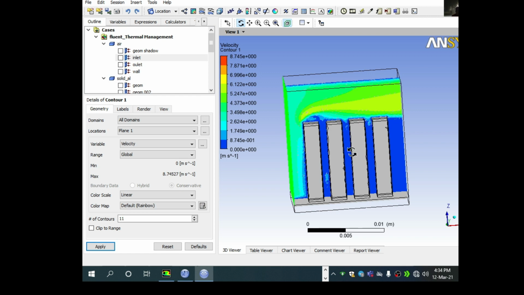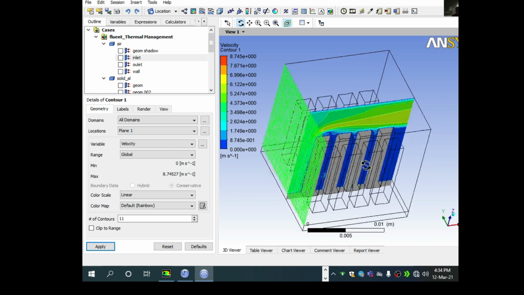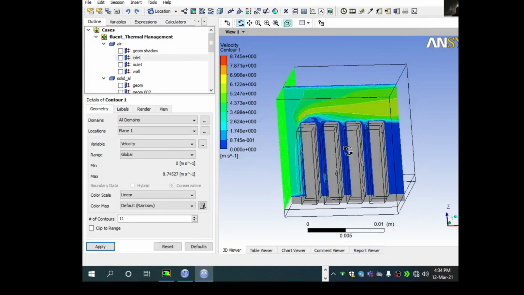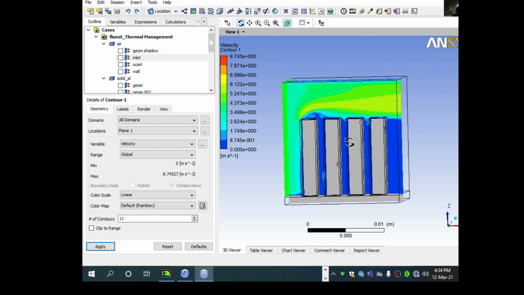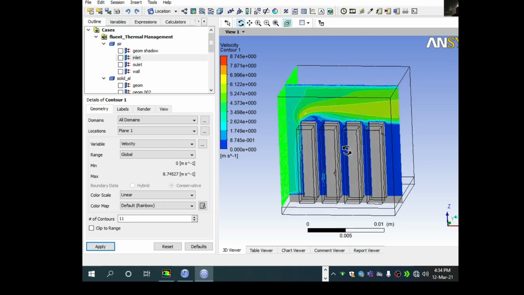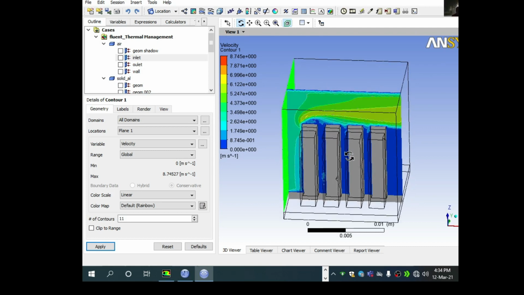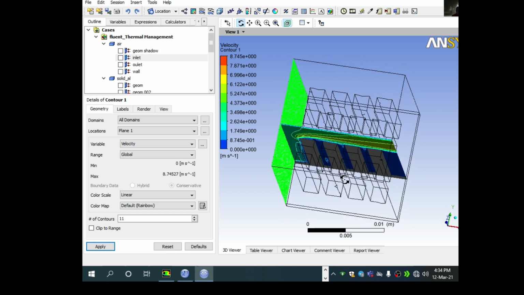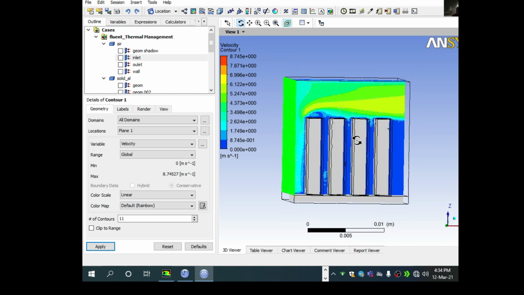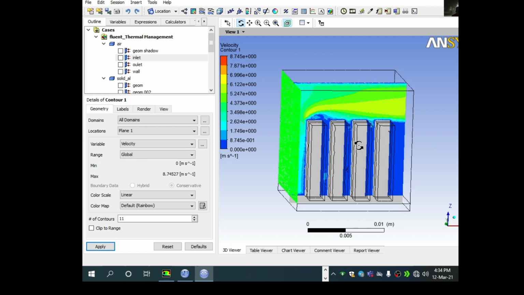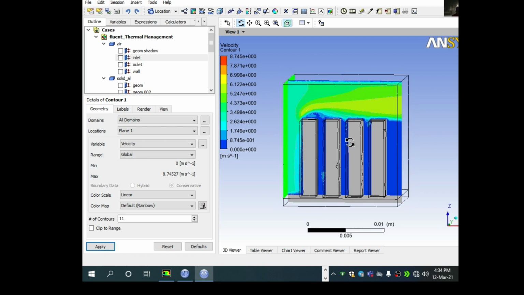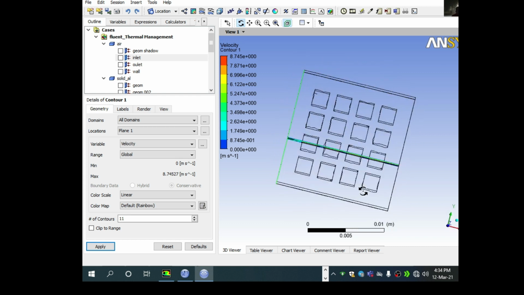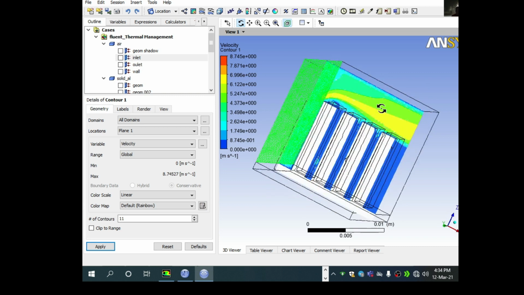You can see here velocity is near about 0. Then there is a problem of hotspots. Why do we observe hotspots? Because of such a condition. And there is research going on which suggests that zigzag or offset fins are better than inline fins. So it is called an inline fin.